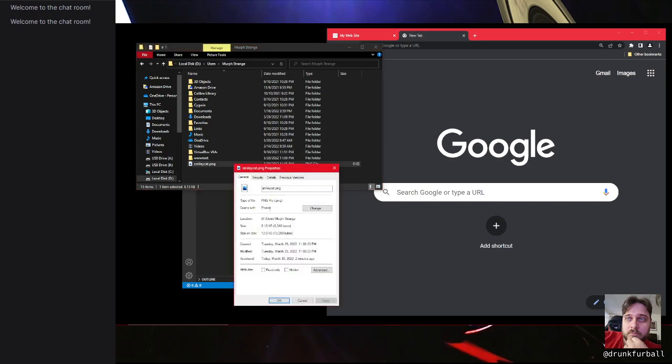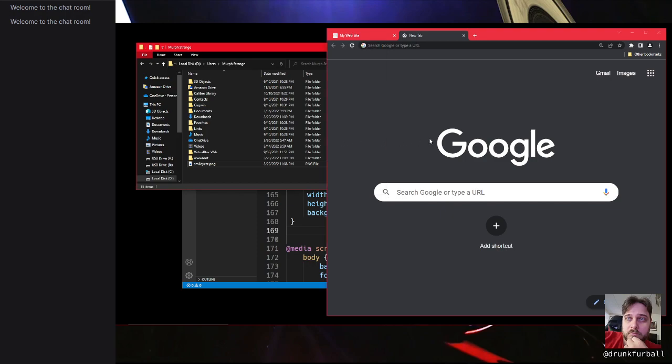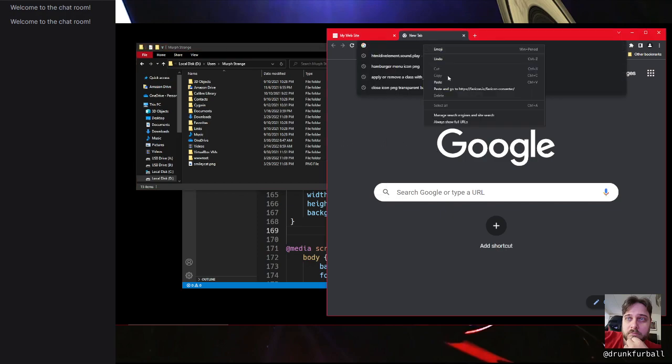Properties. Details. Yeah, 512 by 512. It's just a PNG file. Nothing terribly fancy. But whatever you can draw within that space,